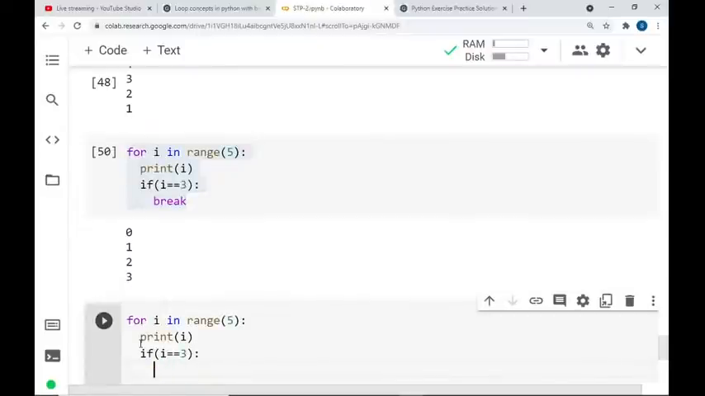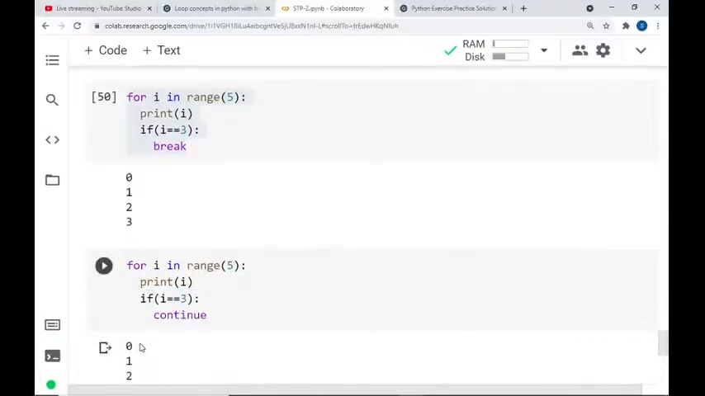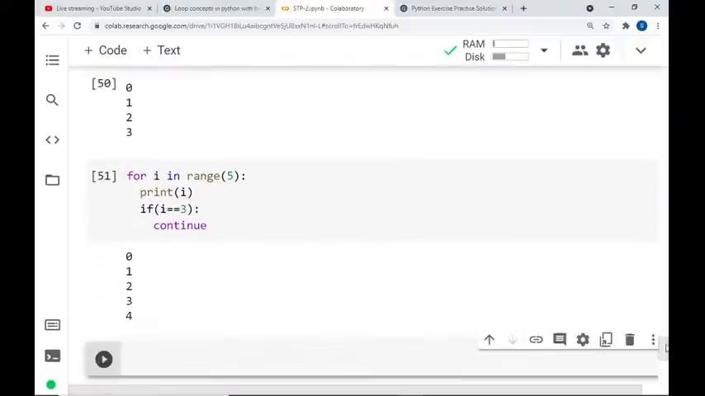Continue. In place of break, I'm putting continue. You can see the difference. Here,